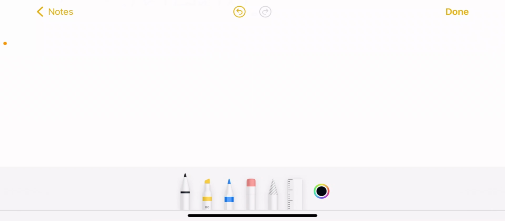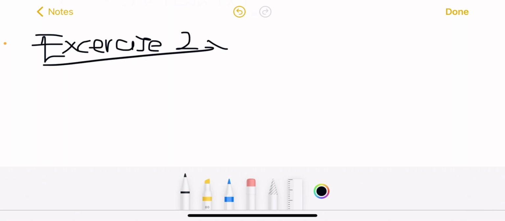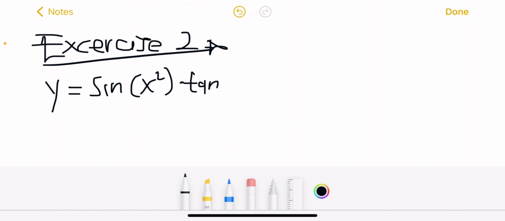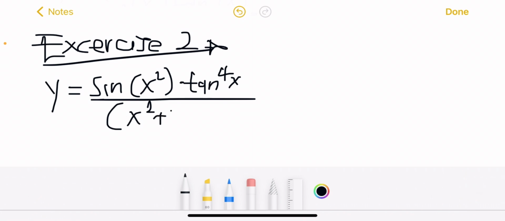Okay, let's look at another exercise. Exercise 2. They're saying find dy over dx in its simplest form if y is equal to sine x squared multiplied by tan to the 4x, over x squared plus 1 all to the square. Okay, so we have to derive this